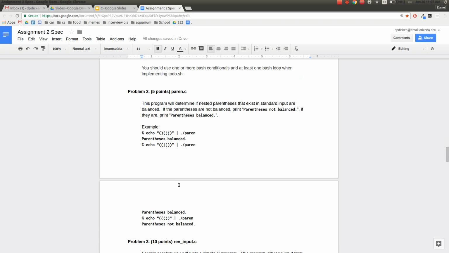Alright, the next one is called paren.c. So this program will determine if nested parentheses that exist are balanced. So this problem is not necessarily hard to actually program, but just thinking about how to do it might be tricky, but once you get it, you'll just be like, oh, that's really easy, and hopefully it'll be a really quick solution for you. But essentially how it works is you see it'll read some stream of characters on standard input,